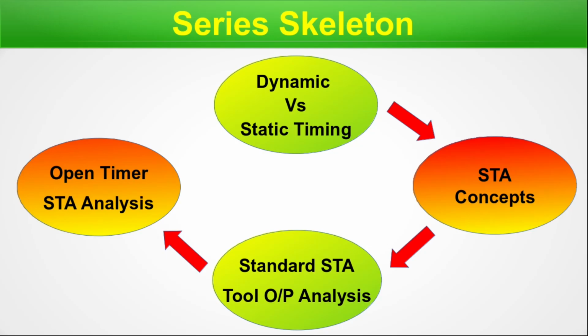Next, we will dive into the text report analysis of the OpenTimer STA tool. This is a free and open source STA tool that you can install on your home PC with a Linux operating system in it. I have already created a video to install this in Ubuntu Linux. The link of this installation video is given in the description. Also, I have shown a demo using this OpenTimer STA. I am also providing the link of this video in the description. We are done with this particular slide, so let's move on.